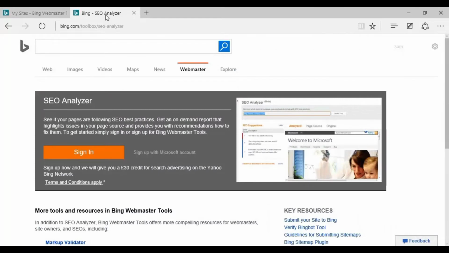Another useful tool that Bing offers is its SEO Analyzer. This is a tool that you can use to look at the SEO on your page. On-site SEO is also very important, meaning things like use of your keywords and your general coding practices, that sort of thing. It all matters. It's all very important to Bing. And this particular tool will analyze 15 different metrics, such as your H1 tags, your metadata, and more. And you can find it here at